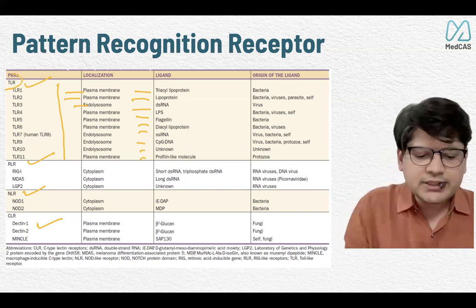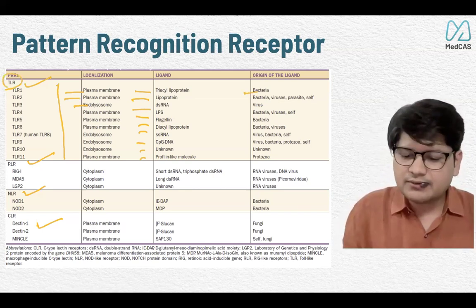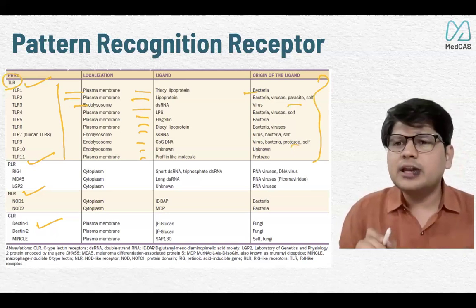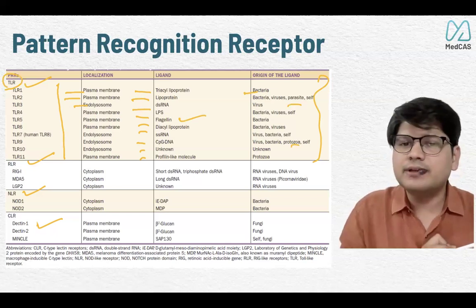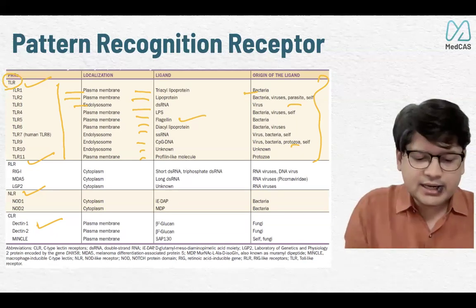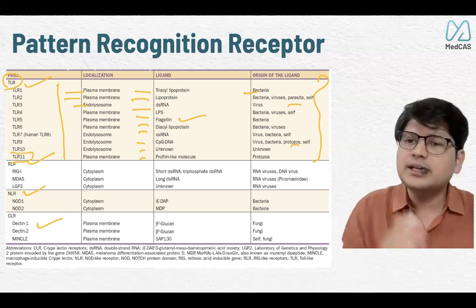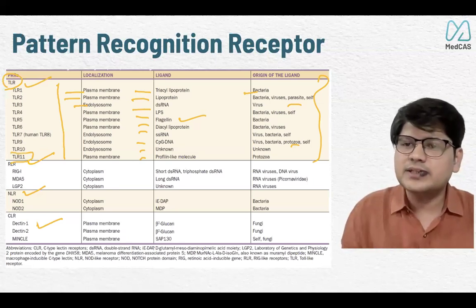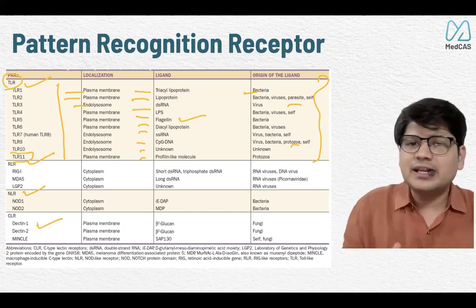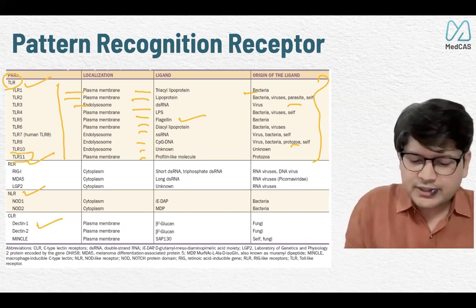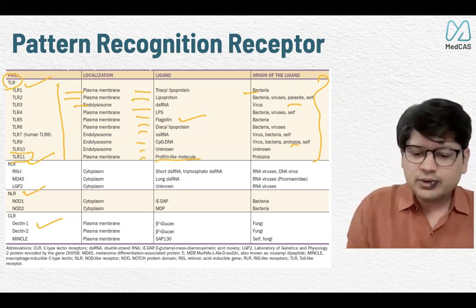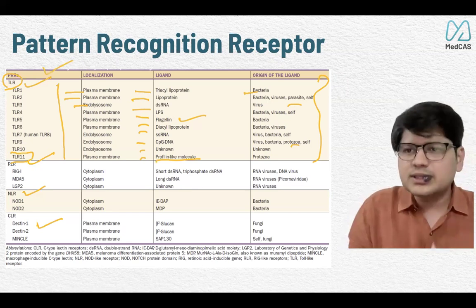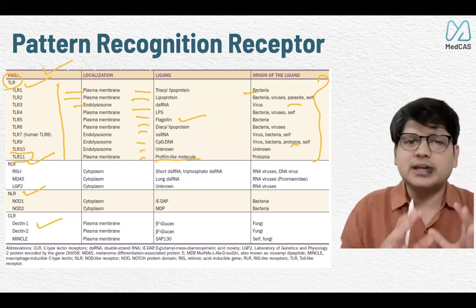So the TLRs are not limited to bacteria. Bacteria, fungus, virus, parasite, everything can be identified. Can you tell me the repeat MCQs of TLR? Always flagellin, TLR5, which has been asked many times. TLR11, because the examiner will think, earlier they didn't ask about TLR11. Previous Harrison editions didn't have TLR11, so they ask it now. It's a profilin-like molecule, present in protozoa. We will come to TLR in one more slide, but we will keep going as time progresses.